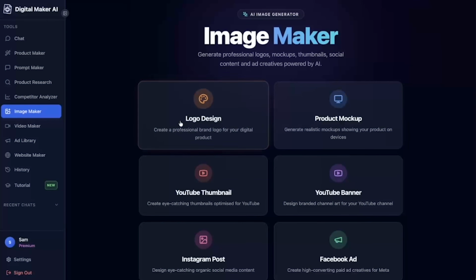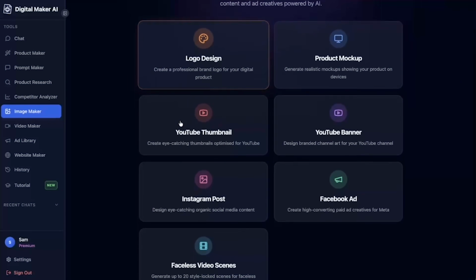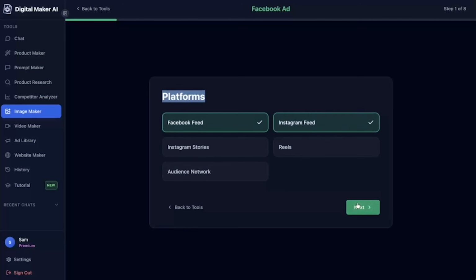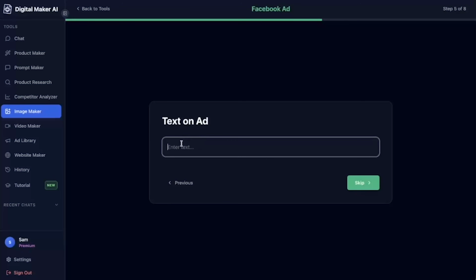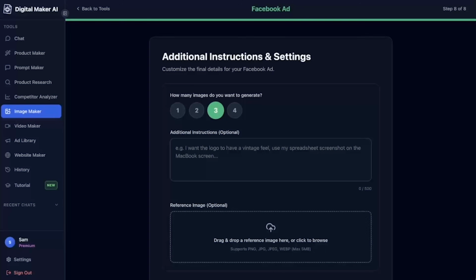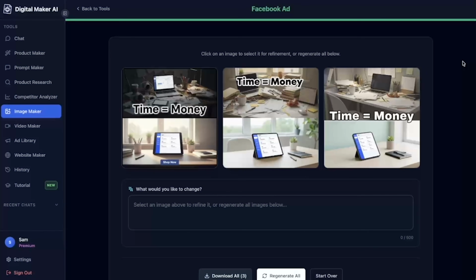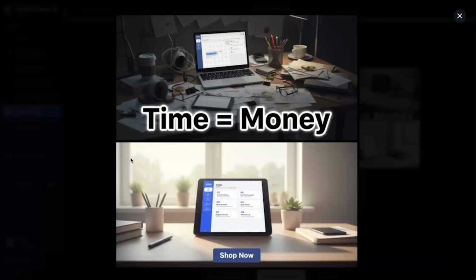And you can also use Digital Maker AI to actually build out an image ad as well. So if I was looking to do so with this digital planner, I can go through all of these different questions, explain exactly what I want the ad to look like, drag and drop the actual image of the digital planner in there just like that. And what it's going to do is come back with all of these different image ads